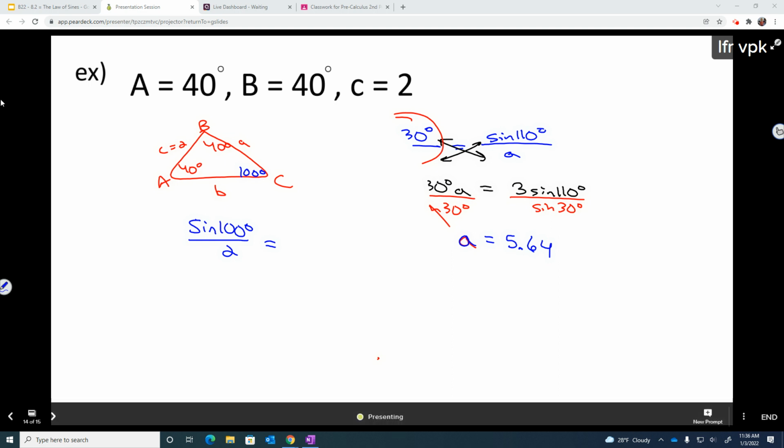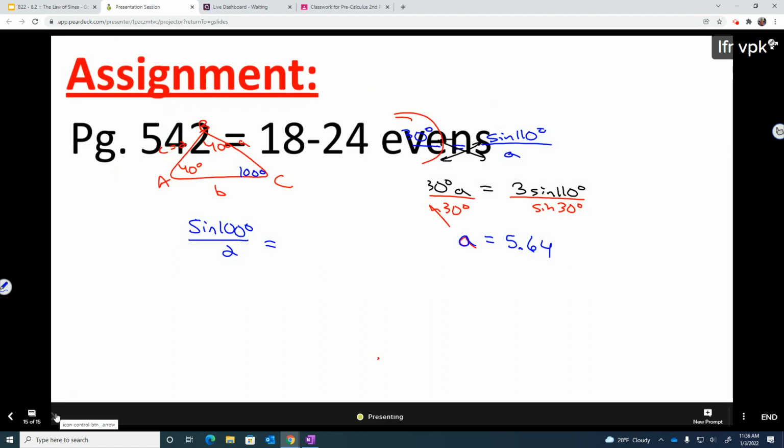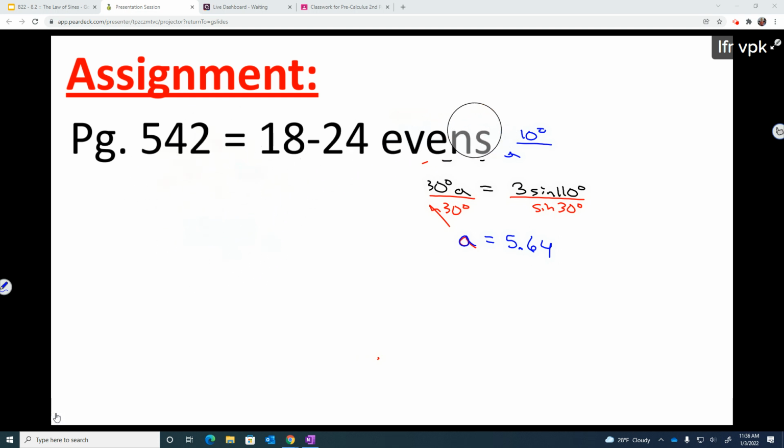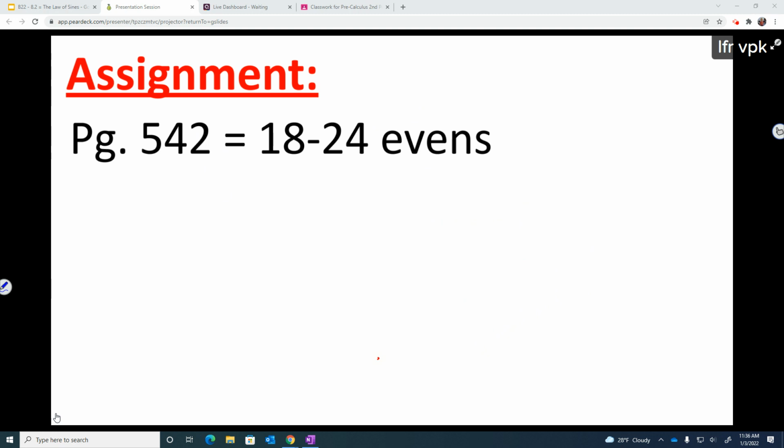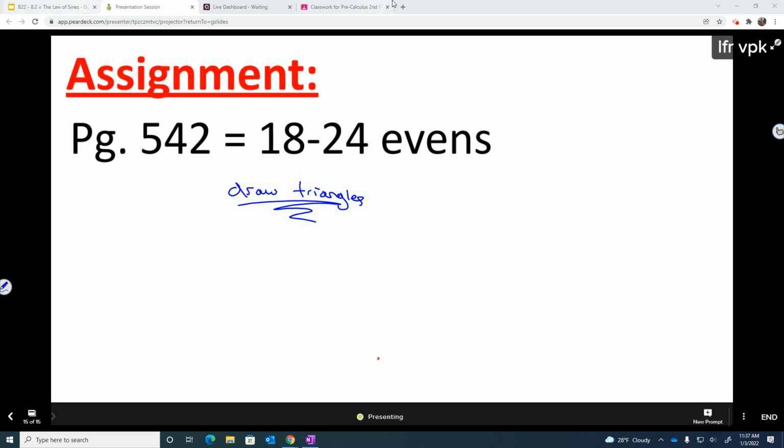All right, so I'll give you some time here. You'll have like 15 minutes or so to work on your assignment, if we can get done or most of it done. It's just 4 problems. You have to solve the whole triangle, so make sure you draw the triangle. And I haven't put the picture up quite yet. I'll put it up here in just a minute. Make sure you draw those, and upload that here. Just a sec. If you don't have your book,